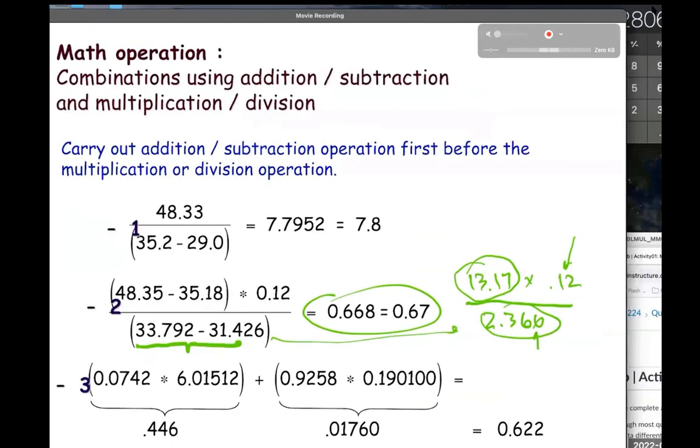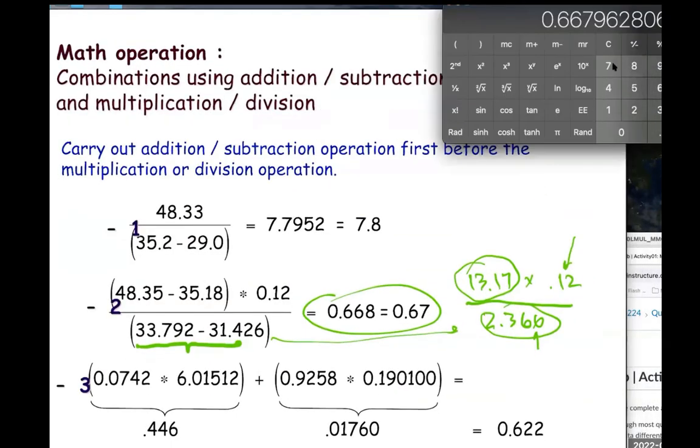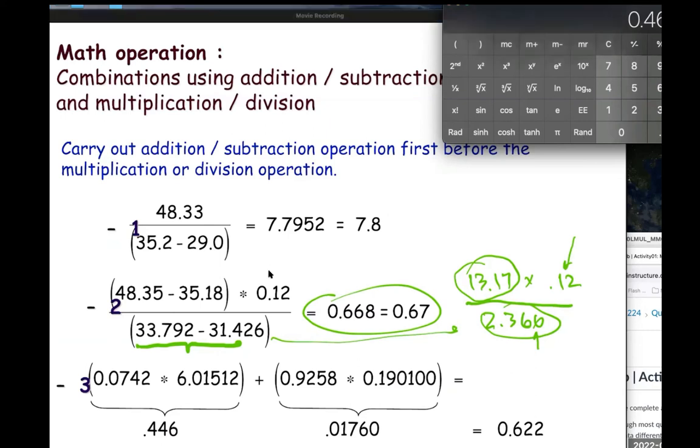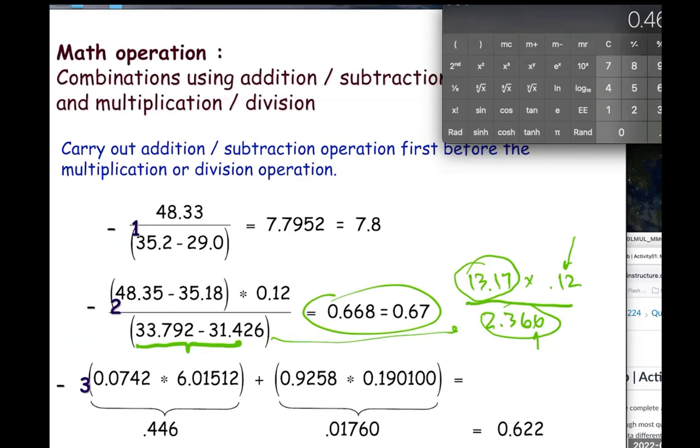So I'm going to clear this. I'm going to take 0.446 and add that to 0.01760. Okay, I get a number like that. But I know that my least precise is 0.446. I need to round it off to 3 digits past the decimal. So my final answer,